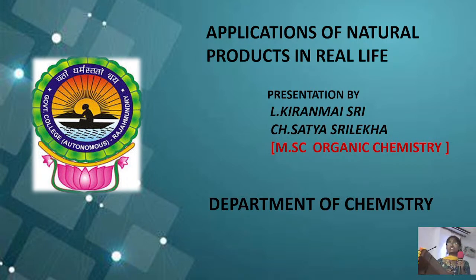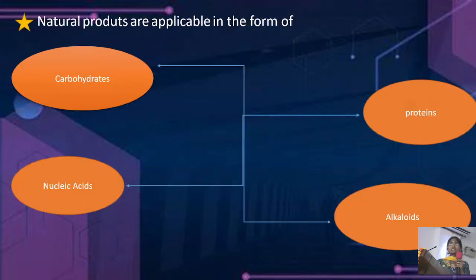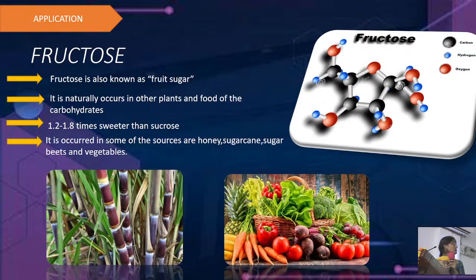It improves the digestive system. Polyhydroxy aldehydes and ketones are known as carbohydrates. One example of the application of carbohydrates is fructose. Fructose is also known as fruit sugar. It occurs naturally in plants and is full of carbohydrates. If we take fructose in excessive amounts in our diet, it leads to fatty liver, diabetes